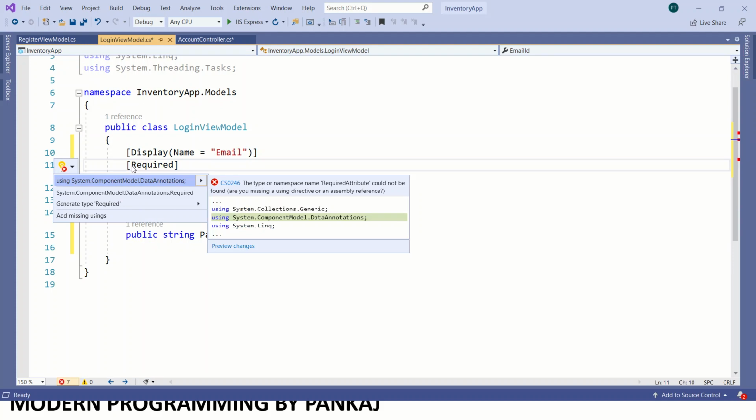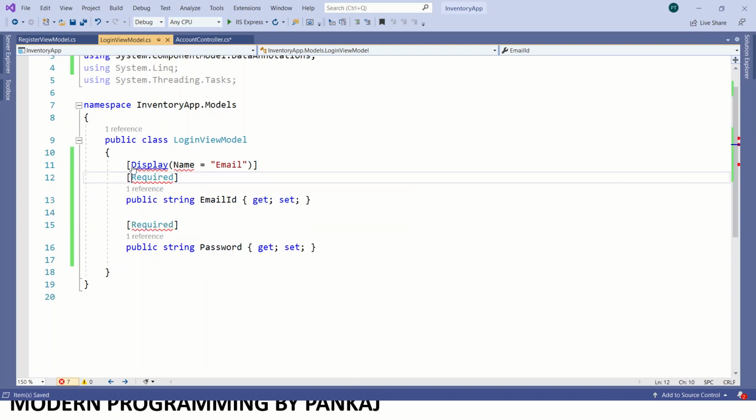We need to add System.ComponentModel.DataAnnotations, so I'll just add it. Now I have got my view model ready.